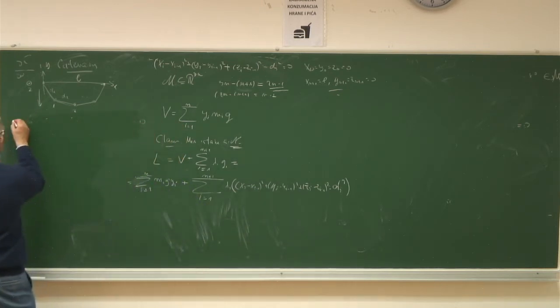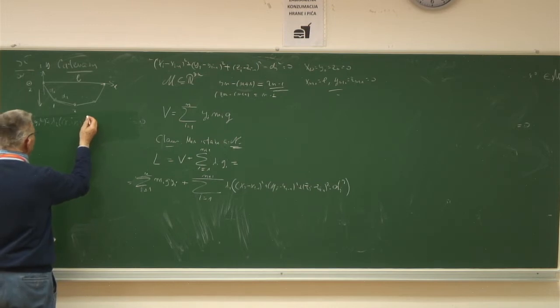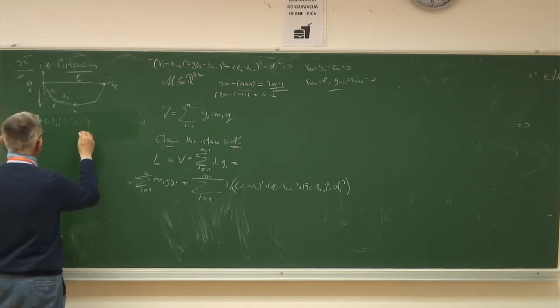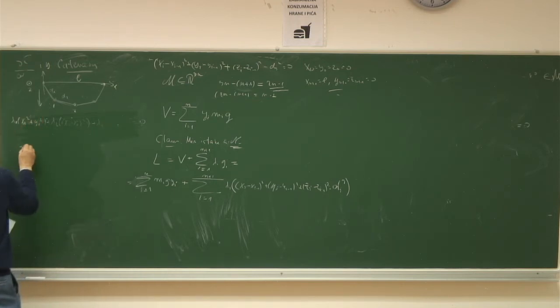So this is lambda 1 x1 squared plus y1 squared, plus lambda 2 (x2 minus x1) squared, plus lambda 3 and so on, plus lambda n